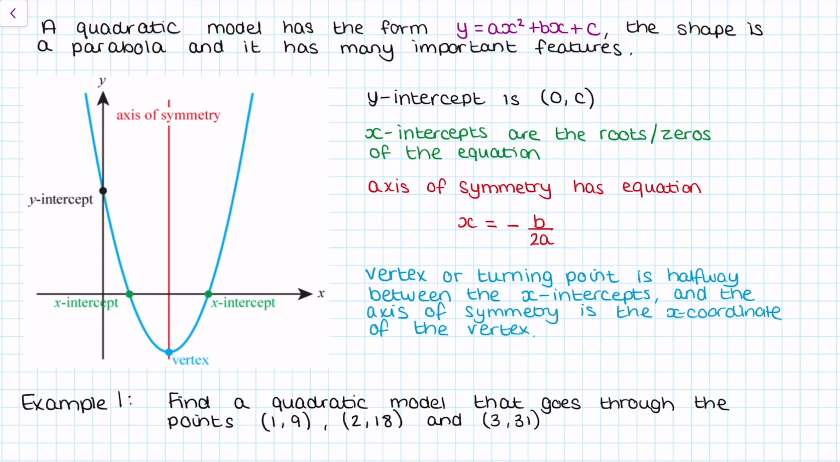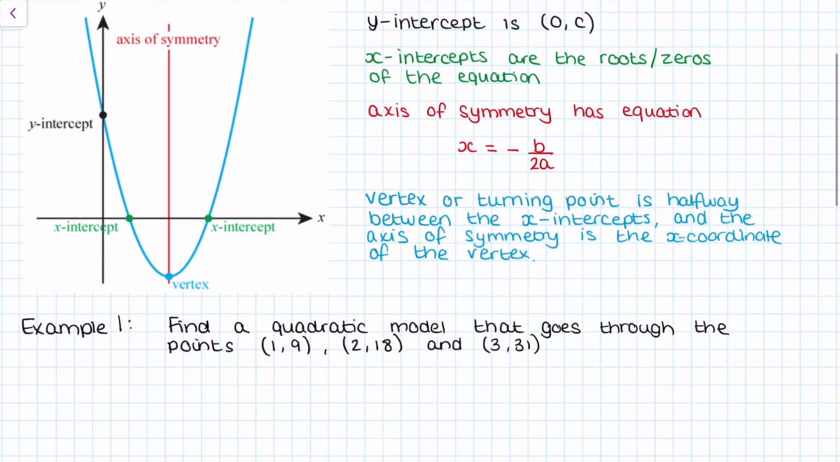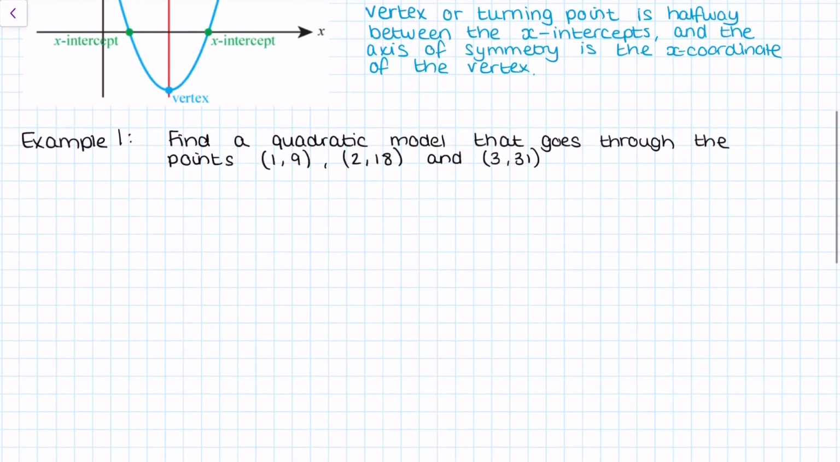So our first example: find a quadratic model that goes through the points (1, 9), (2, 18) and (3, 31). So when we have something like this, we're going to create a series of equations, one for each point. So if we start with the point (1, 9), we're going to make an equation for that. So remember, in this one, x would equal 1 and y would equal 9, and we're going to use the equation